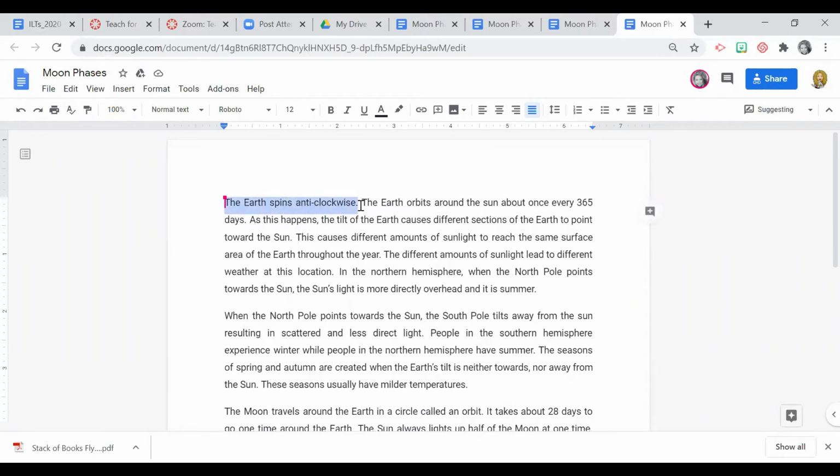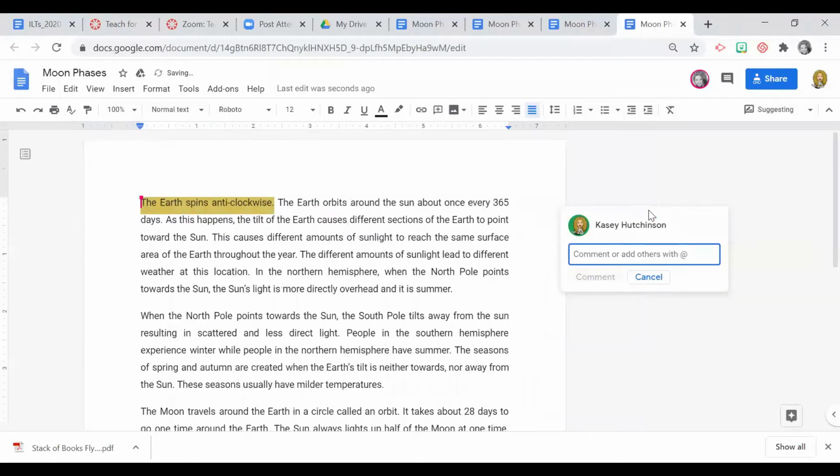And I see one thing that I wanted to comment on right here. As an ELA teacher, obviously we need to indent a paragraph. The first sentence needs to have an indentation. So as a commenter, I could come in and highlight this. And as soon as I highlight any text, it gives me this little plus sign for a track change. And I could come in right here and say,